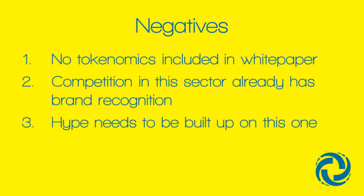And number 3, another negative, nitpicking again, because there is good support in the community for this project already. There's maybe not enough hype behind this. I'm sure that will build. As soon as people realise what this is all about, I think this project will go to the moon. So, bearing that in mind,